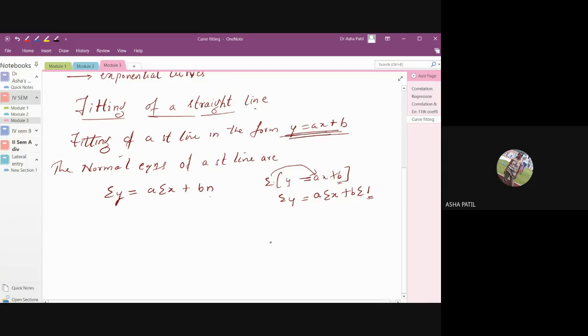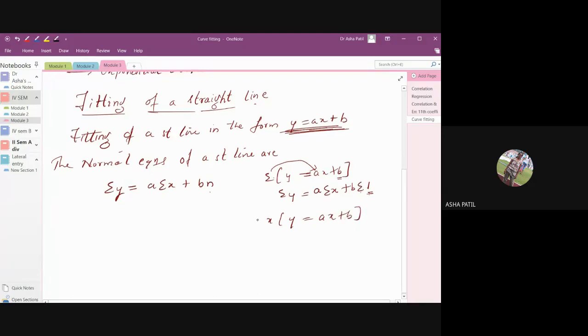To obtain the second normal equation, we need to multiply this equation by x and then take over the summation. First multiply the equation by x. Not necessary that you have to do all this. That's the procedure. Just you can remember the normal equations. If you multiply by x, what happens? Xy is equal to, you get ax square plus bx. Now I take summation on this. That becomes our normal equation. So what it is?